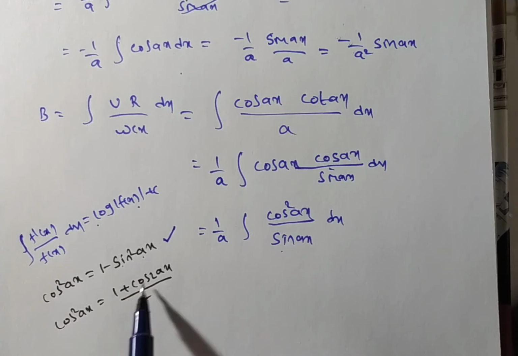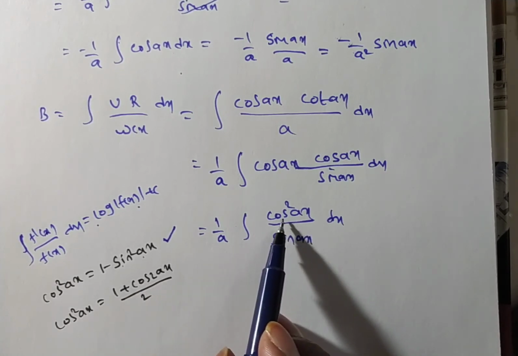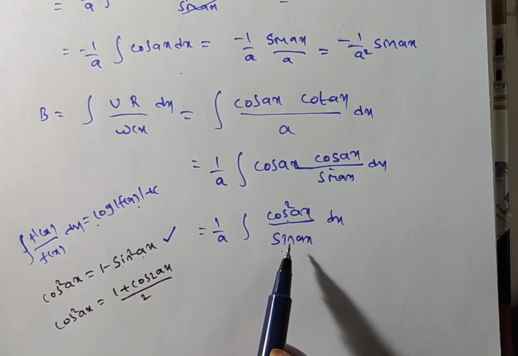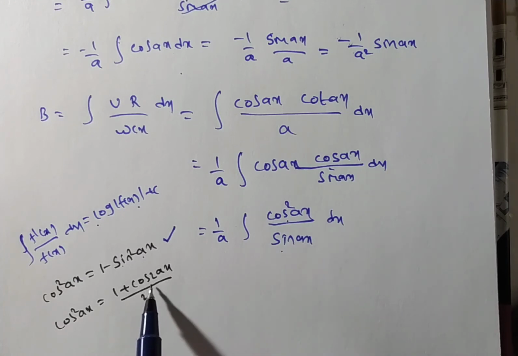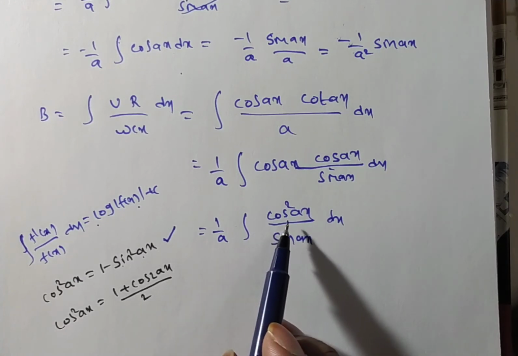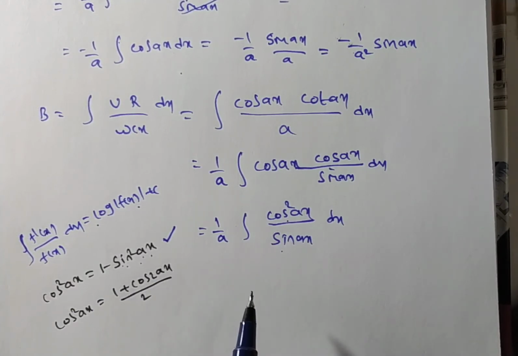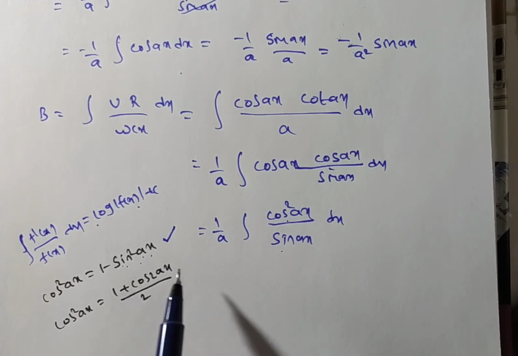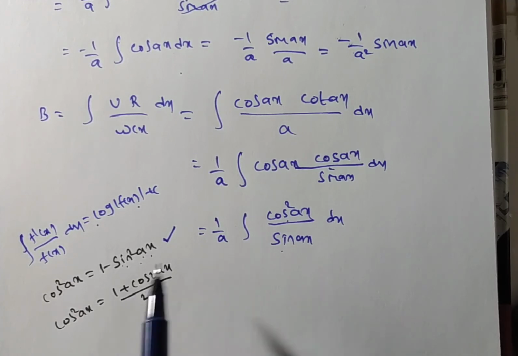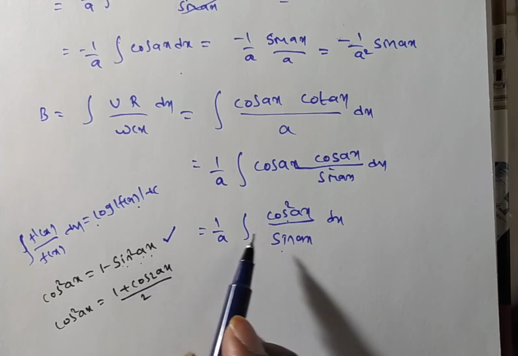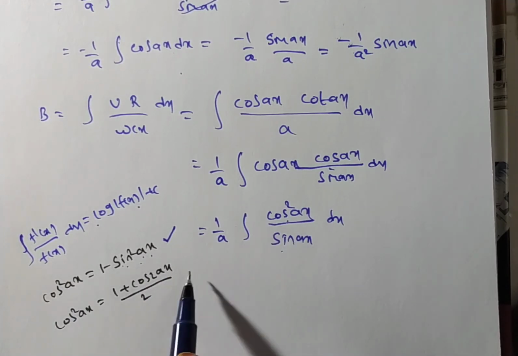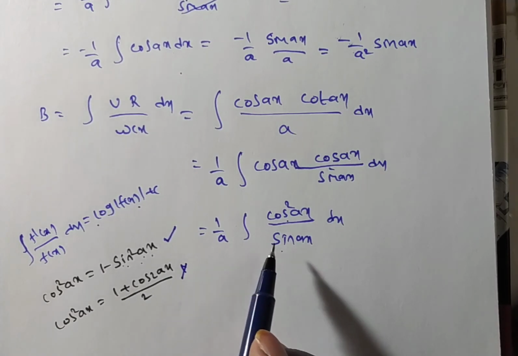With the other formula you have cos 2x, but the numerator is cos square and the denominator is sin x, so sin x and cos 2x do not cancel. But in this case, if you write cos square x as 1 minus sin square x, the denominator and numerator get cancelled. So the first option is the best. Is it clear for everyone? Is it clear why we have to take the first option? To get the simplification, we can use two formulas for cos square ax, but the second formula is not applicable in this case.